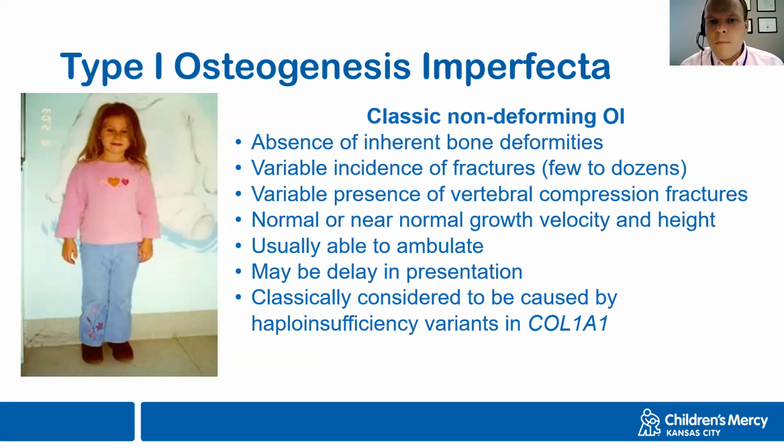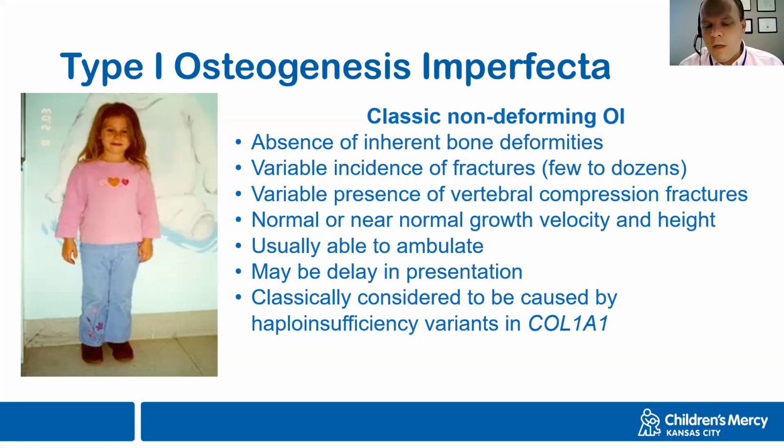Their number of fractures can be extremely variable. I've seen patients who I know absolutely have type 1 OI who have really had very few fractures. And I've seen people with very clear type 1 OI who've had dozens of fractures and really everything in between. Vertebral compression fractures are also variable in this case. I was reading an older text not long ago, which suggested that patients with type 1 OI really didn't get vertebral compression fractures, and that certainly has not been my experience. My experience has been that like the other fractures, vertebral fractures can be really variable. People with type 1 OI have a tendency to have either normal growth or at least near normal growth.